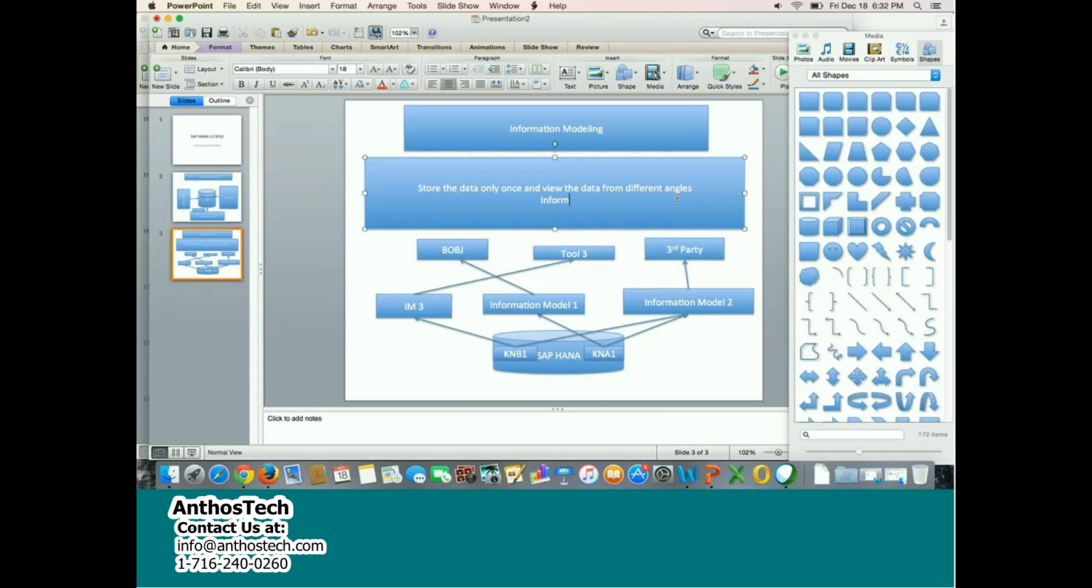Information models are also called views. Okay, why are they called views? Because we store data only once in the tables, right? So these information models